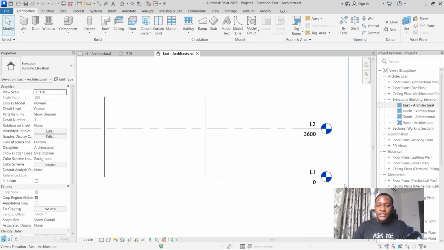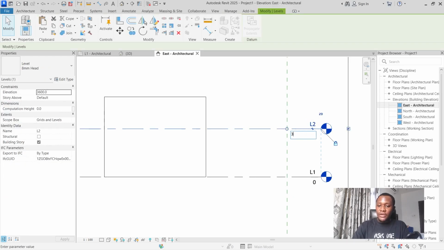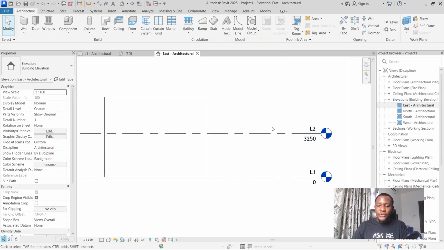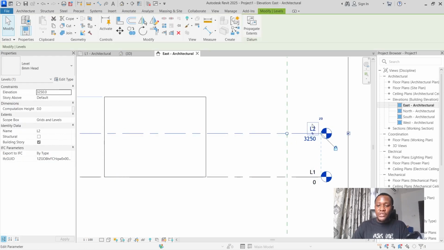And as we're inside the elevation, you can see the level 2 and level 1 floor plan that we saw before. This is where the cut plane is. So this is what the floor plan is actually showing us. I'm going to change the height of this building to about 3,250. That's where the top is going to be. The level 1 can be here as a floor plan. So you can just select one of these elements, double click on them, and then you can change the name. So I'm going to change this one to 02